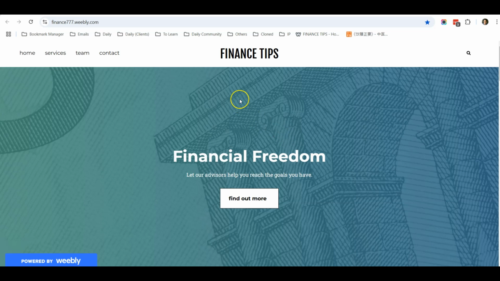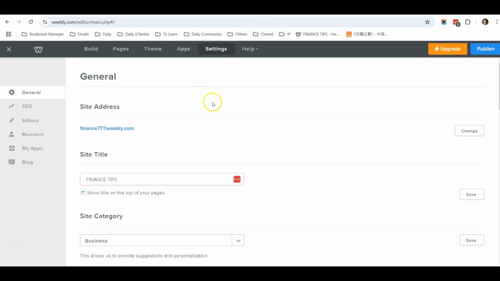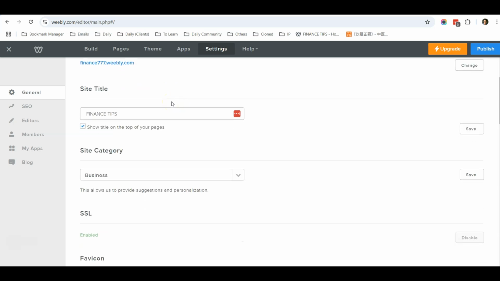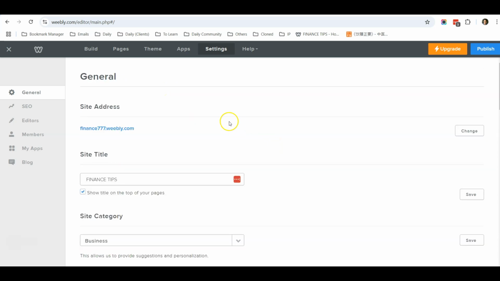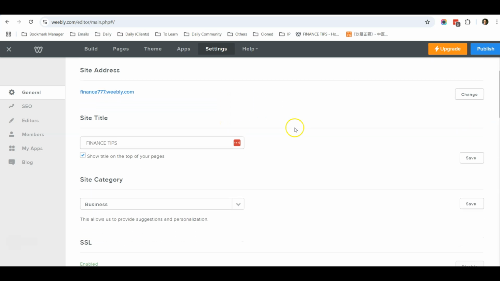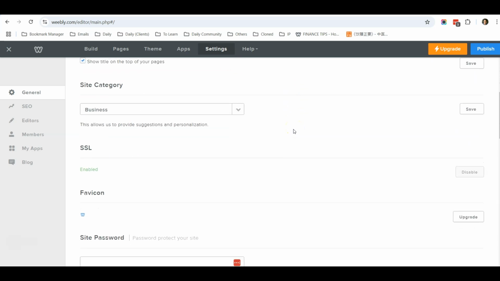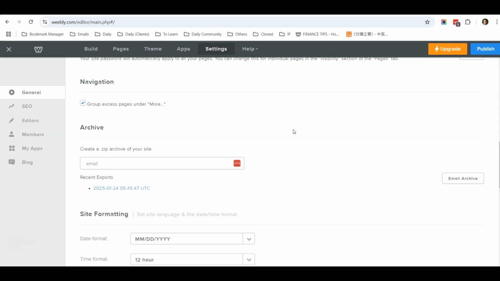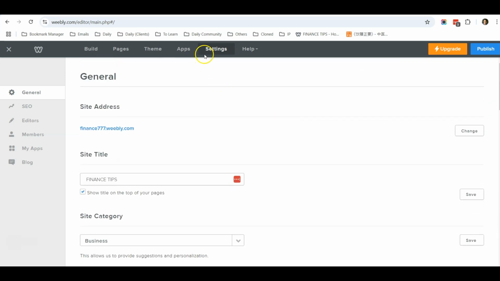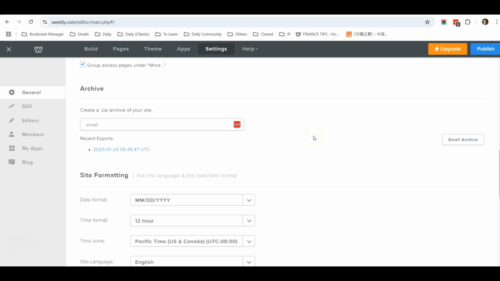The second reason is because Weebly does not have an automated way of migrating your website to another platform. The only way that you can download a backup for your Weebly website is to go to settings, and under general, when you scroll down, you can see there's an option called archive. When you enter your email and click email archive, you will receive a zip file containing all your web